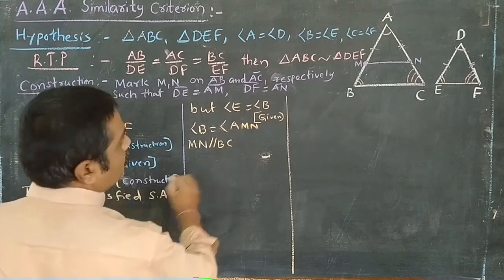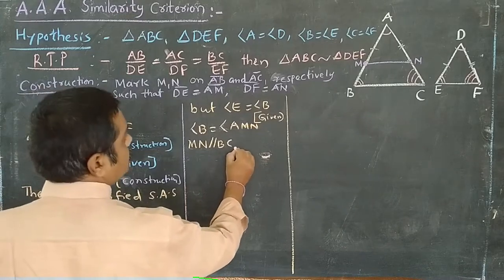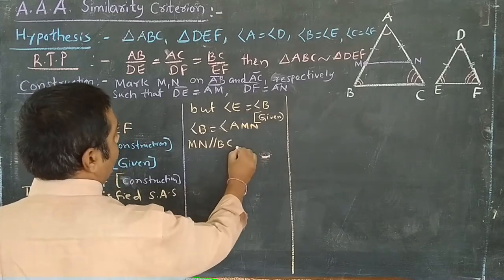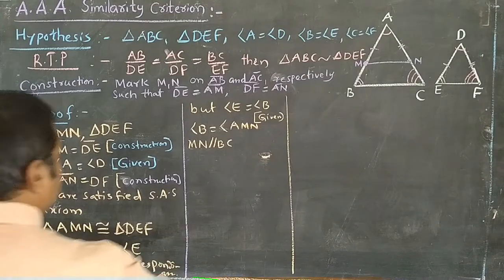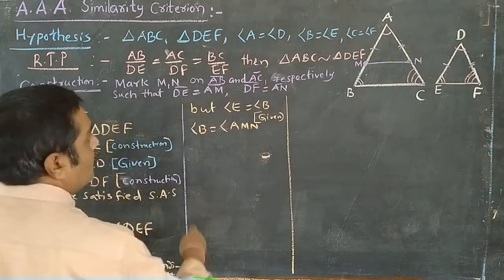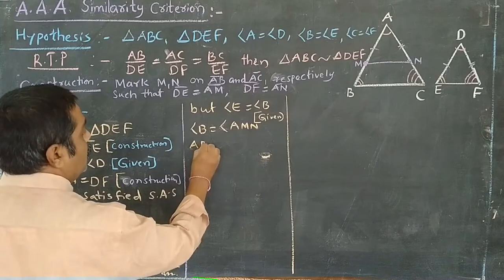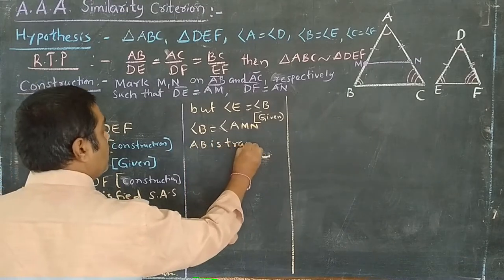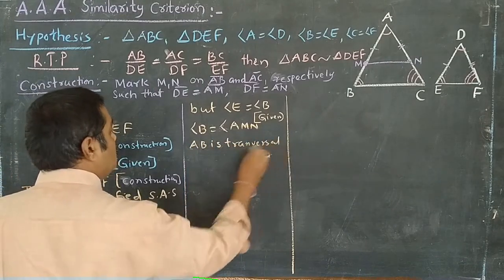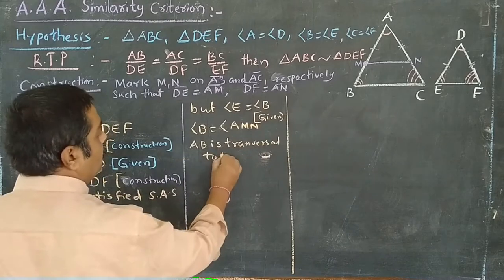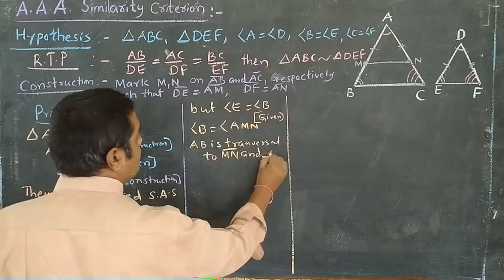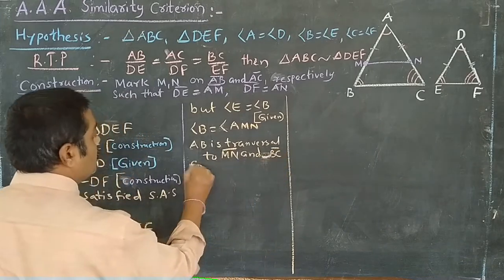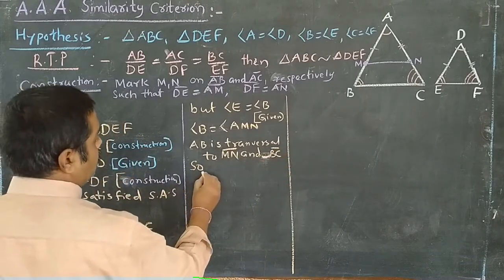Because right here, do one thing. AB is transversal to MN line and BC line. So here